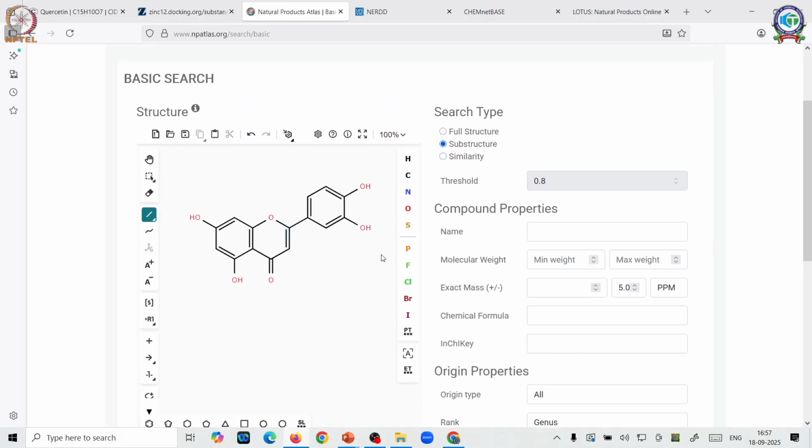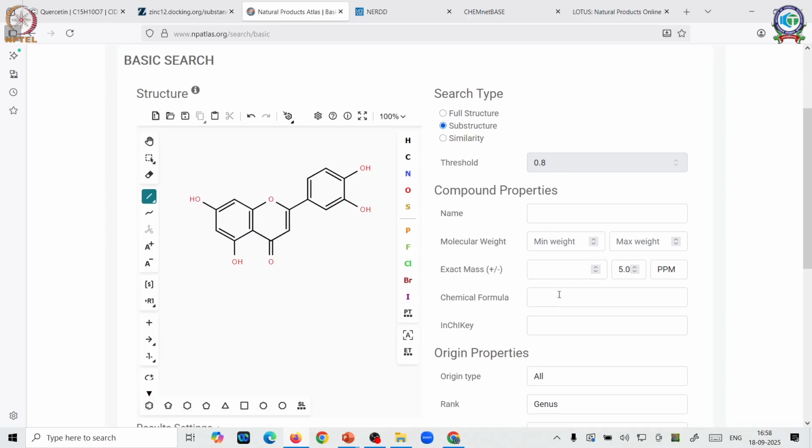And then let's try to search. Now you can put it as a full structure or you can put it as a substructure. When you say a full structure, you mean I want precisely this. But when I say substructure, it would include any molecule which has at least this in its structure and may have more add-on functional groups. Then I can check for similarity in them. The threshold is that the structures that come in should be at least 0.8, that means 80% matching to my query. In addition to that, I can just write the name, or I can give the molecular formula, chemical formula, or InChI keys.